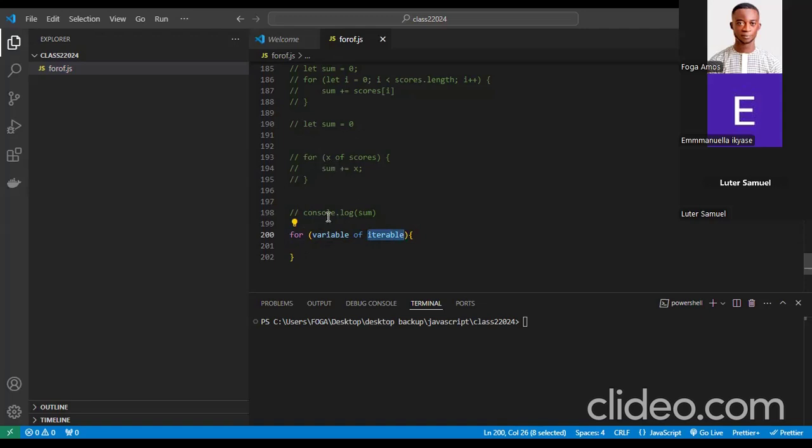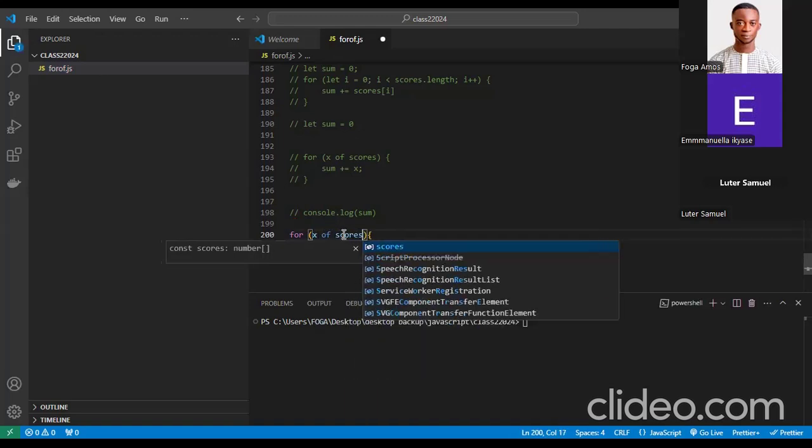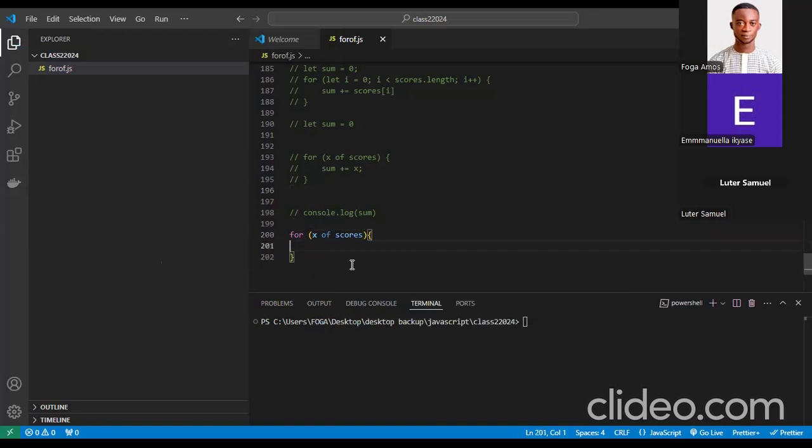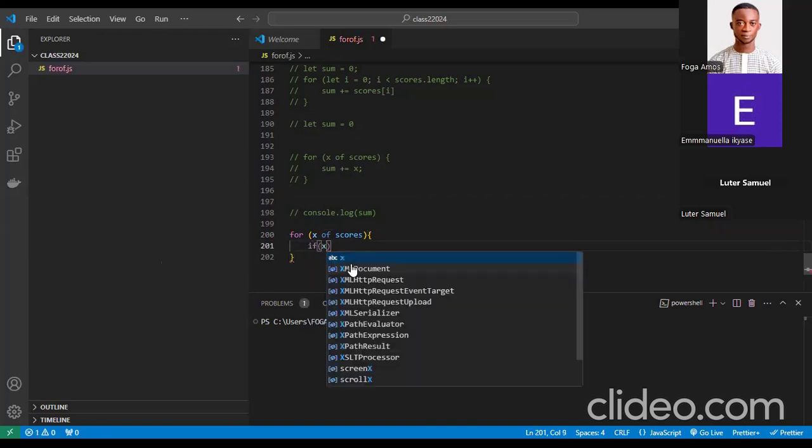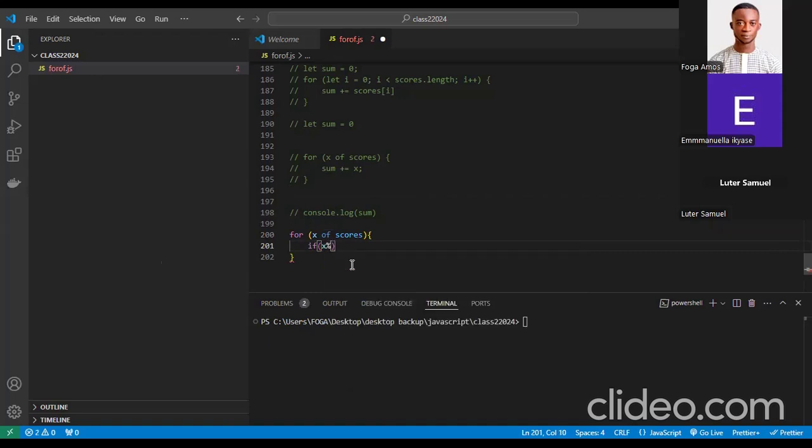So if you look at this now, we can just say, for let's say x of scores, right? You can now come here and say, if we are checking for even numbers, if x, at every iteration, if the current value of that iteration